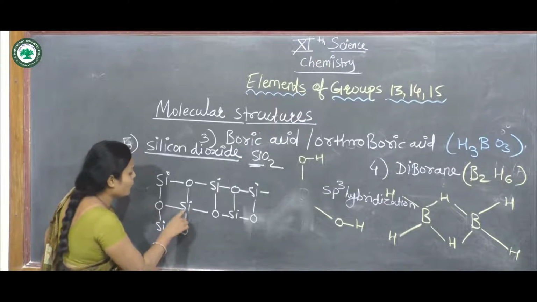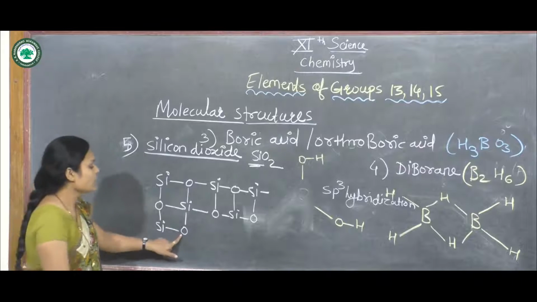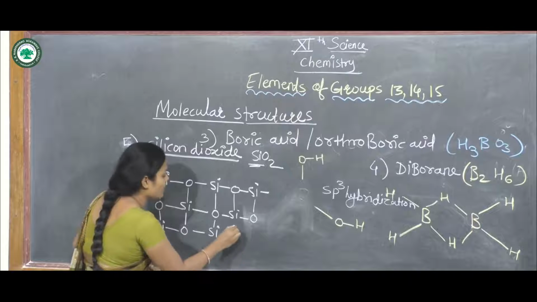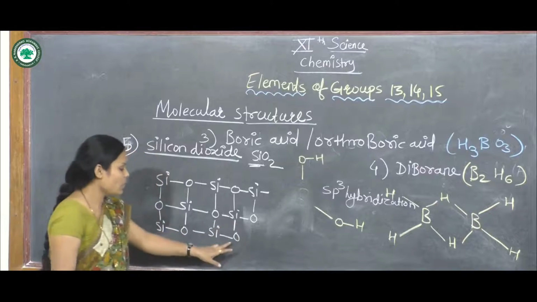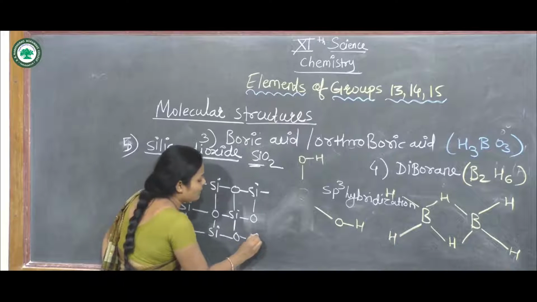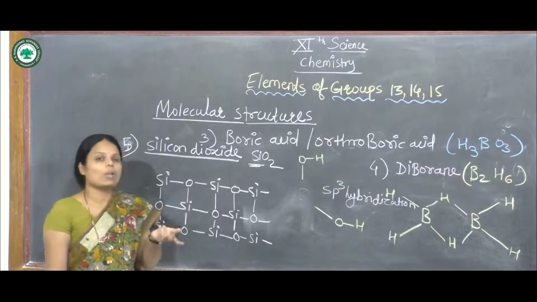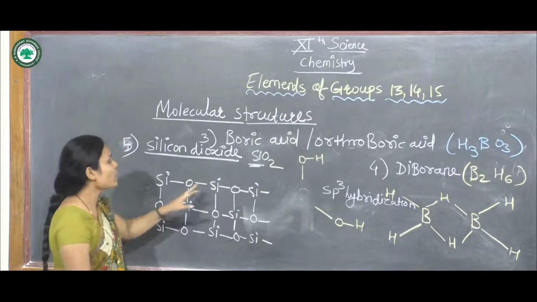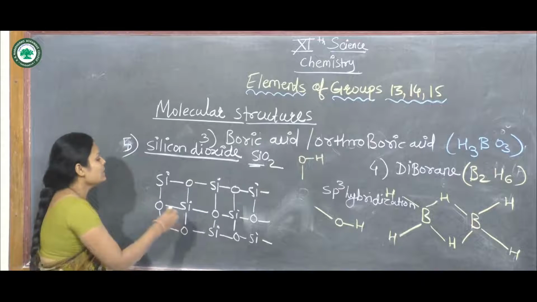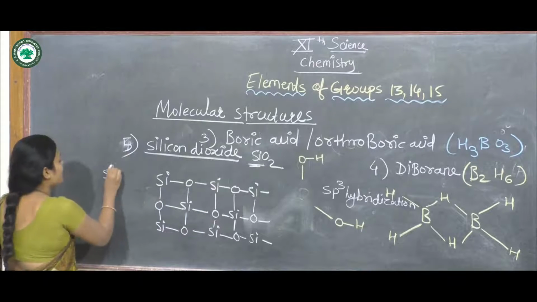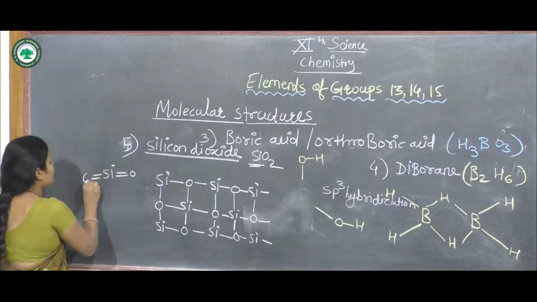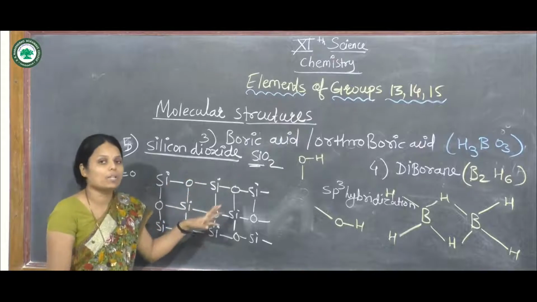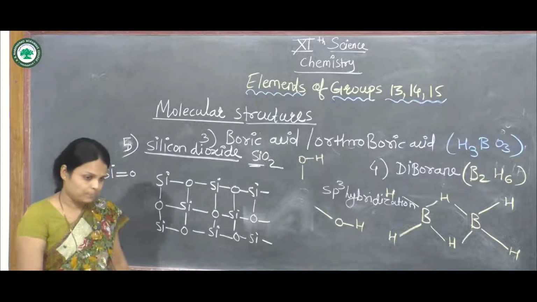Here is silicon, and oxygen is attached, and silicon, oxygen are attached, meaning one silicon atom is attached to another oxygen atom. This is the structure of SiO2. Simply, here is Si and here is oxygen and here is oxygen. This is the structure, and this is the chain formation of the structure of silicon dioxide.